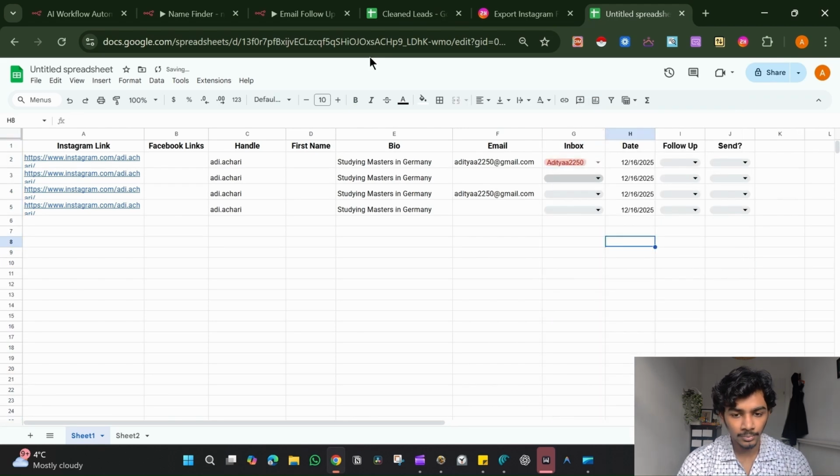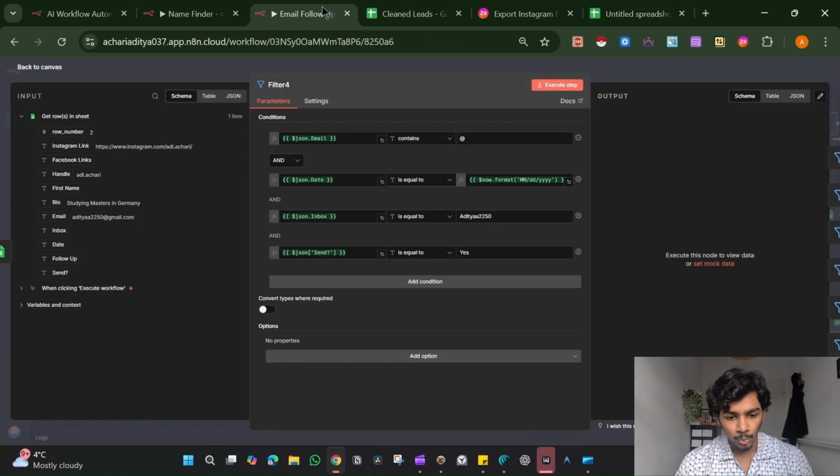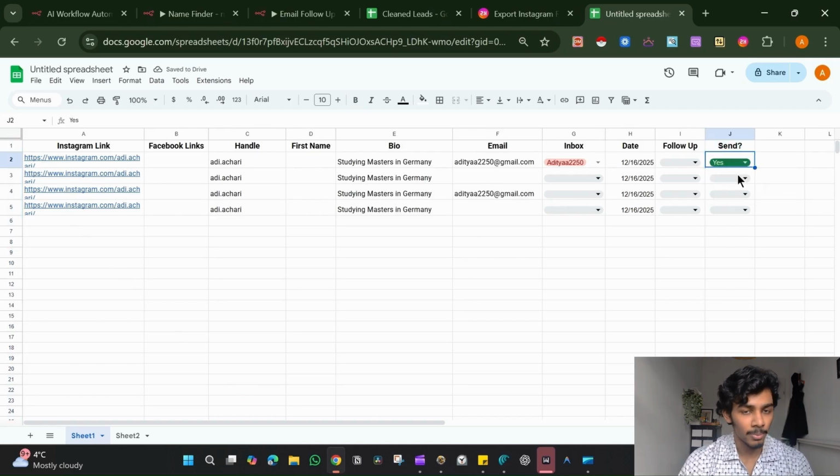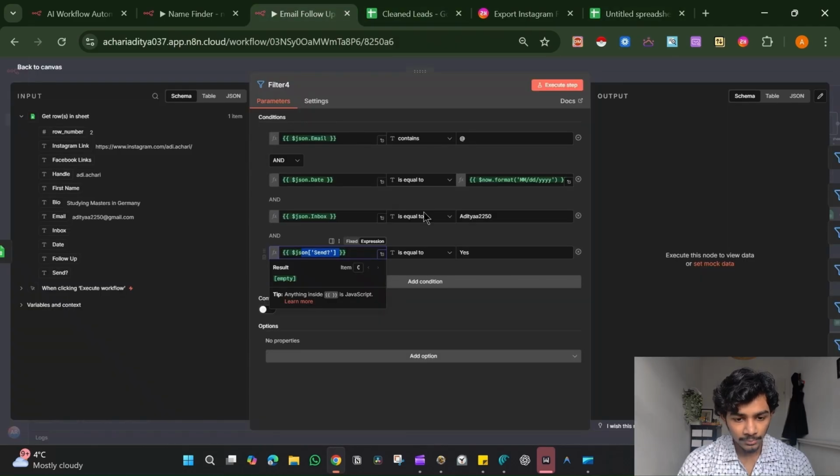There we go. Then we have, does the send column equal yes, meaning does this send column actually have the word yes in it. If it does, only then are we going to pass it. So I put this filter, and if I execute this step,